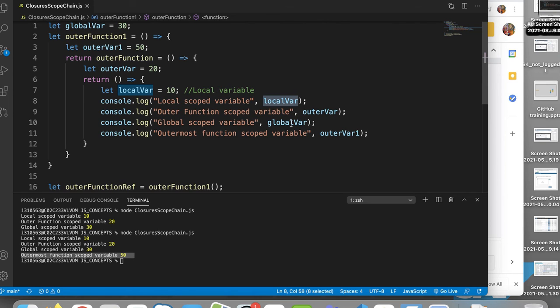So here it checks, suppose outer var, where is this variable defined? Yes, it is defined at the level of the outer function, and it keeps this record.